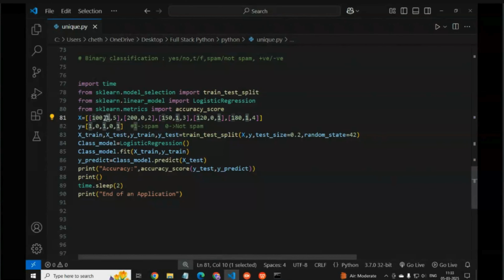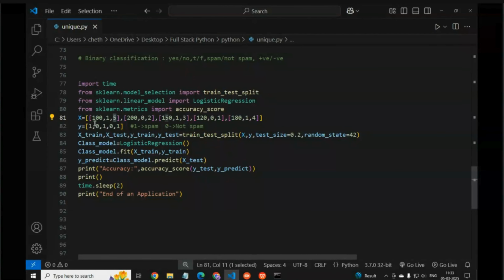This is one email. Second email, third, fourth, fifth. Five emails are there. We analyze those five emails: how many characters are there, whether 'free' is written or not, and how many times question marks are there.